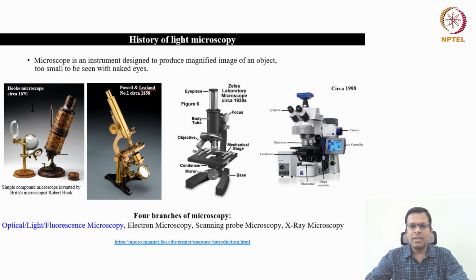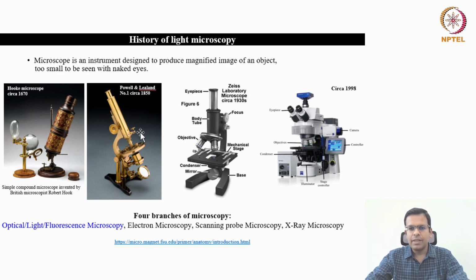Here you can see he developed this microscope in 1670, and the light source is separate from the microscope body. The light is projected onto the sample, and here you can see a tiny sample holder where you put your sample, and this is the objective lens, which will produce the magnified image of the object in the eyepiece.